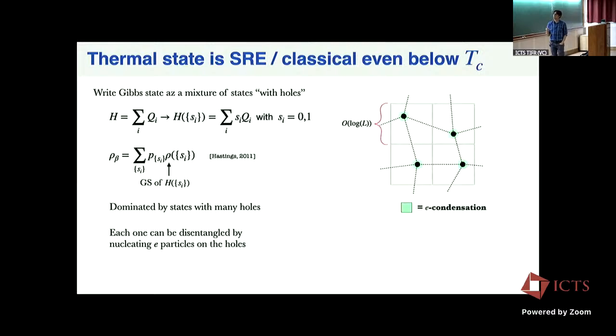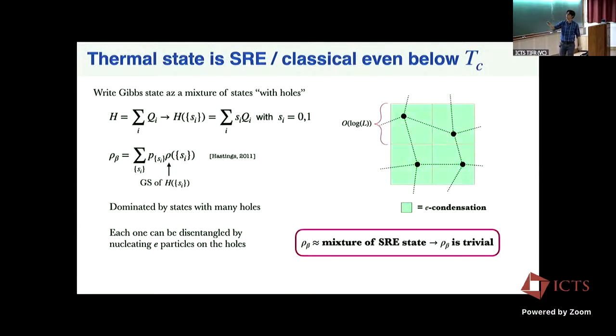And the physical picture for this is kind of nice. You can think of these holes as hosting some condensate of your point-like E anyons, which is a trivial phase. And then you use this circuit to grow these condensates until they all merge into one big trivial phase. You do something like this. And what this shows is that there is a short-range circuit to disentangle, which means that your state is actually trivial. It has no long-range quantum entanglement at finite temperature.